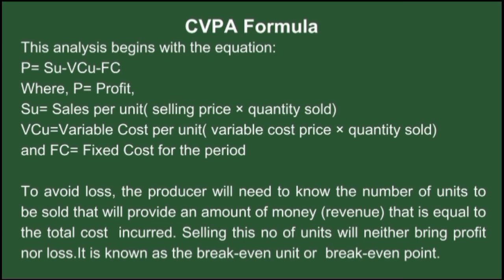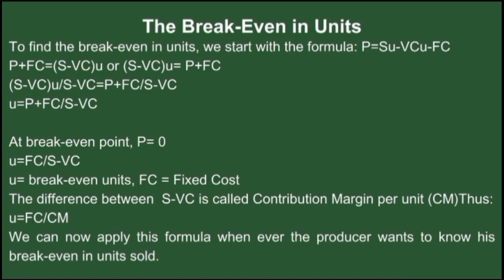We also have the break-even in Naira. Now let's talk about the break-even in units. To find the break-even in units, we start with the formula P equal to SU less VCU less FC. Since we are looking for the break-even in units or in quantity, we'll make U the subject of the equation. In doing this, we'll bring terms that are similar to one side. Therefore, we now have P plus FC equal to